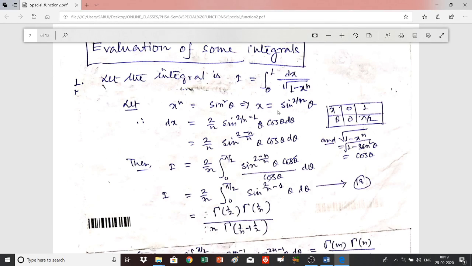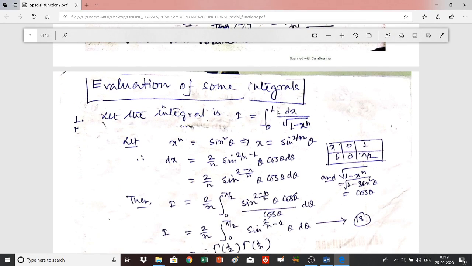So now come to evaluate some integrals. Here the first problem is here, and you have to find out the value of the integral 0 to 1 dx by 1 minus x to the power n. To solve this problem, to find out the value of this integral, we have to replace x to the power n by sin square theta. So from here you can write x is equal to sin theta to the power 2 by n,